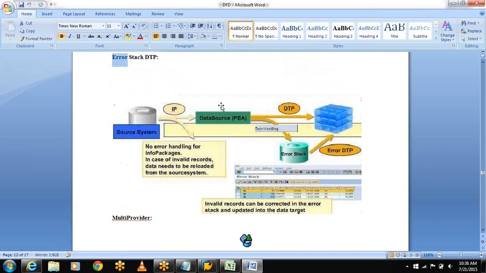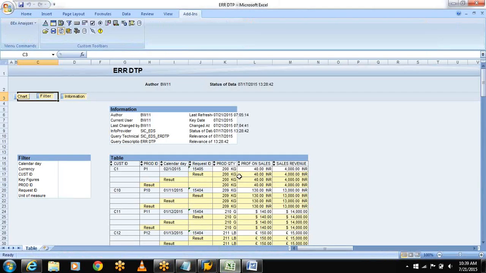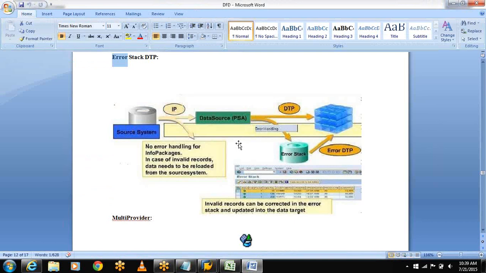Observe this. See here, with the error stack, the changes are made in the error stack and updated through the error DTP to the info provider. This is the case. Means I had changed my error in the error DTP error stack and updated to the info provider. Observe here, from source system to data source, no changes will be done, no error handling will be done, and after that from the PSA to loading through the DTP, if an error is there, error handling, the changes or invalid records can be corrected in the error stack and